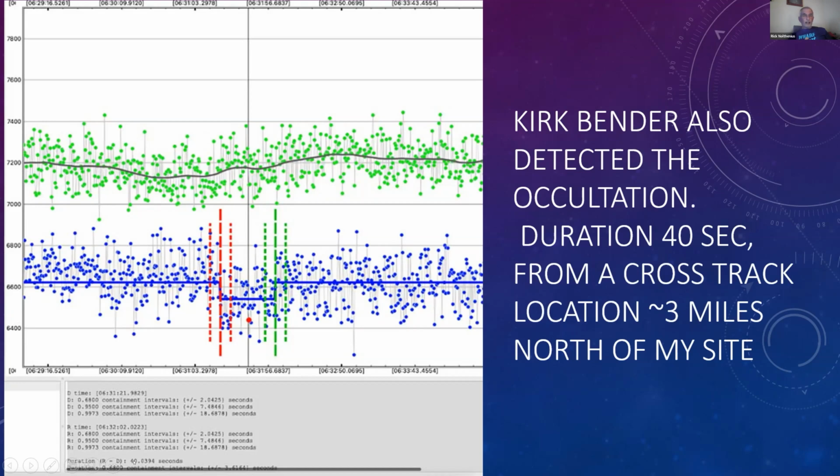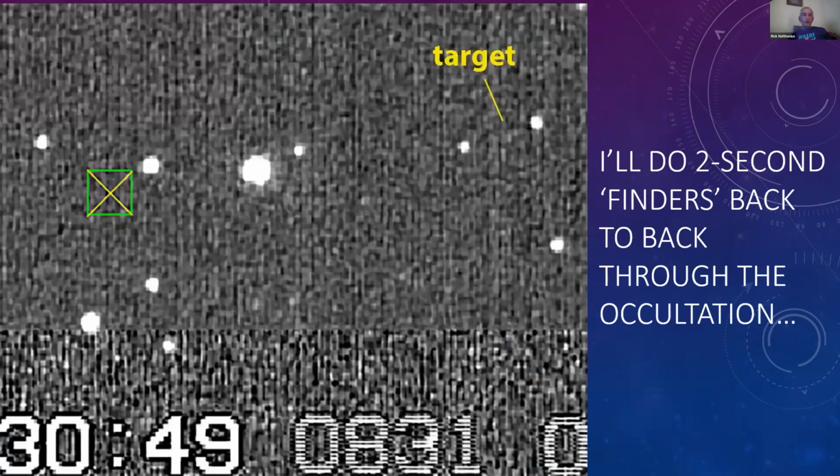Sounds reasonable. And again, look at the accuracies here. The 2 sigma accuracy is 8 seconds for each of the D and the R. Okay, so now I'm going to go through a sequence of these slides, and you can see them zoomed in, and again, look at where the target is. These are 2-second integrations. So this is doing 4 separate Wattec integrations. We did half-second integrations, and I'm going to do 4 of those together, so that's a 2-second finder that you're seeing here.